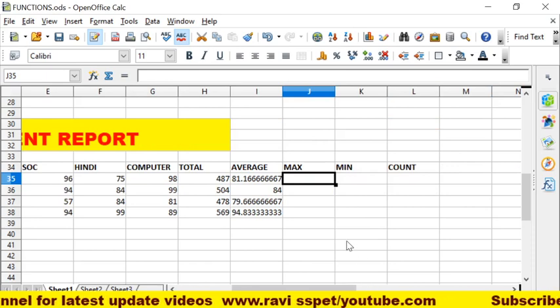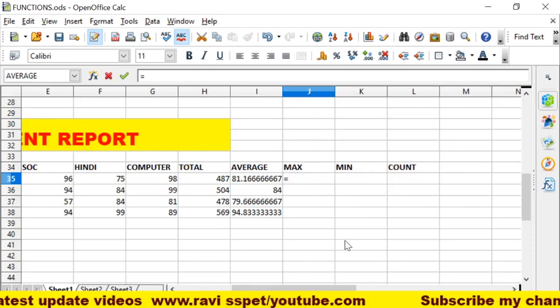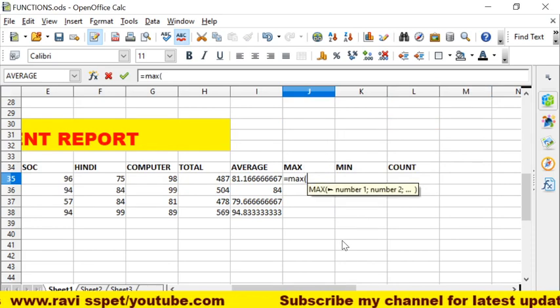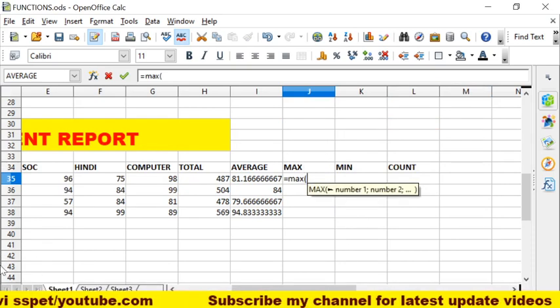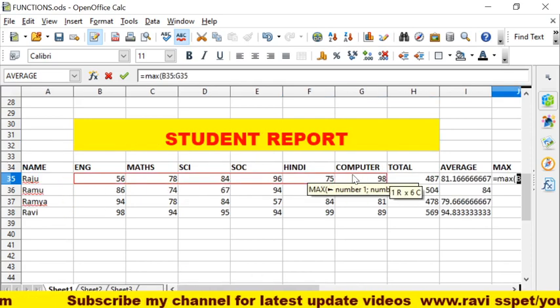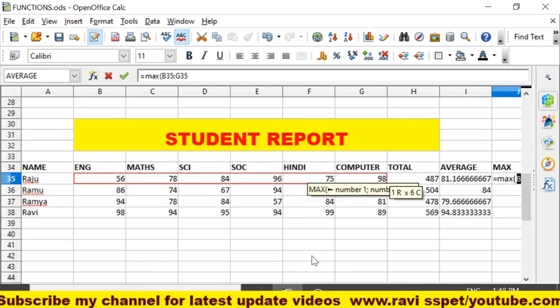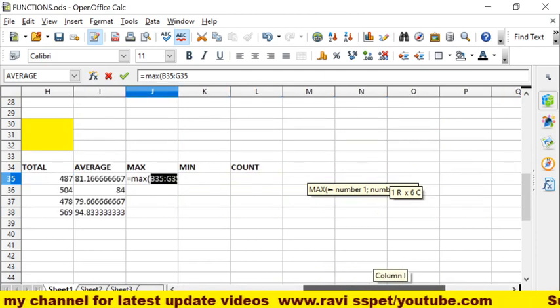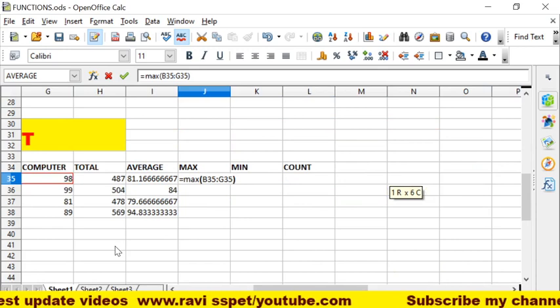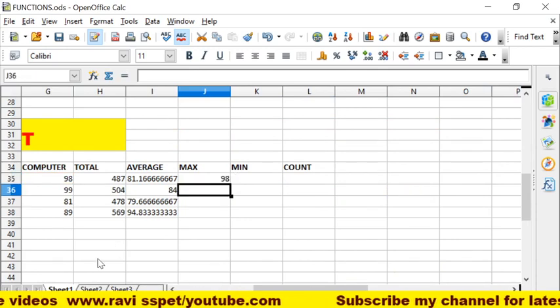Now how will it give? Type equal to MAX, open bracket, from which number to which number we have to drag like this, from here to computer. Again here we have to give the closing bracket, enter. See, 98.